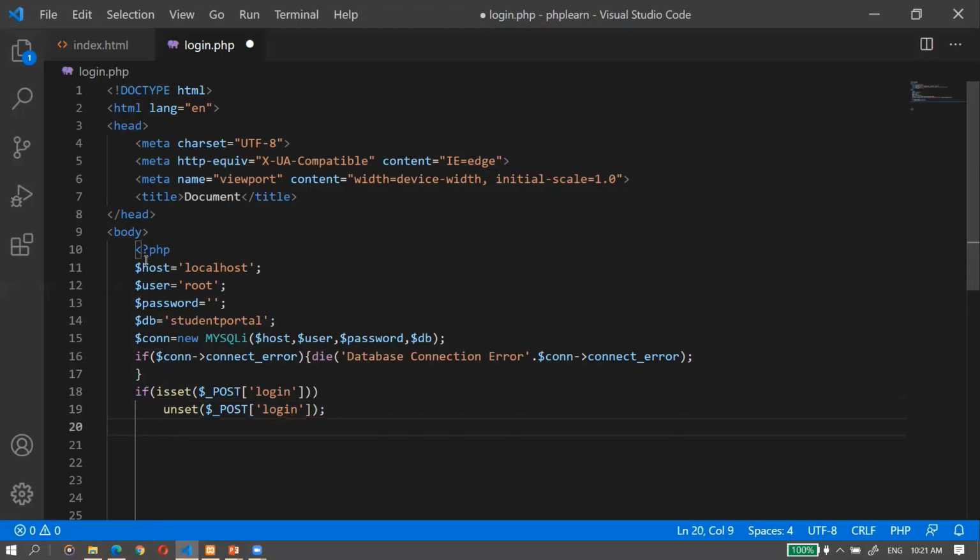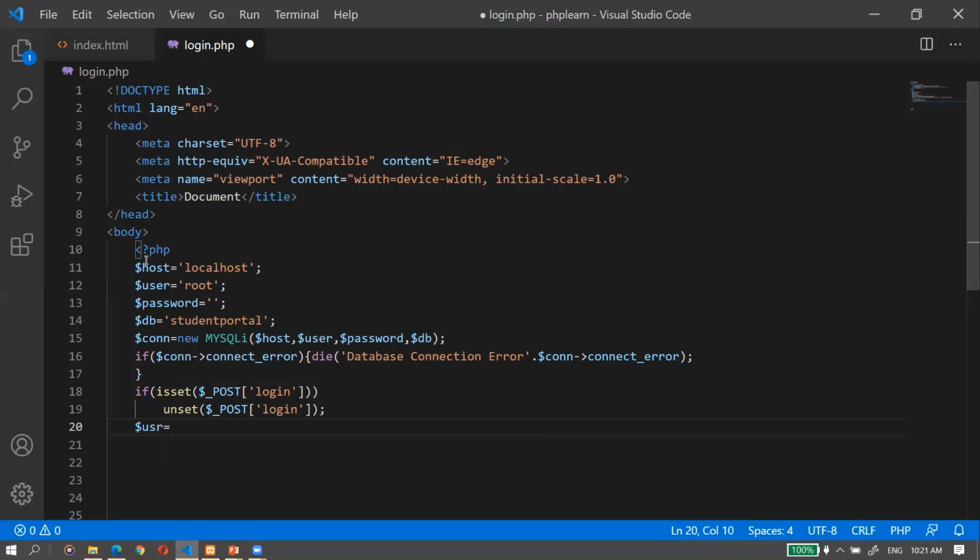And then $user is equal to the value of the text box for the username.